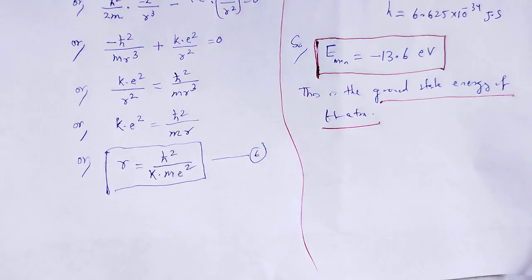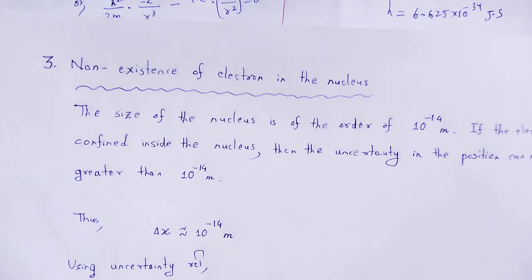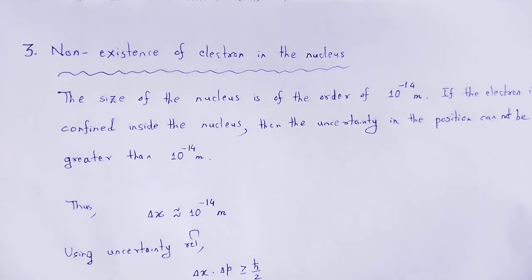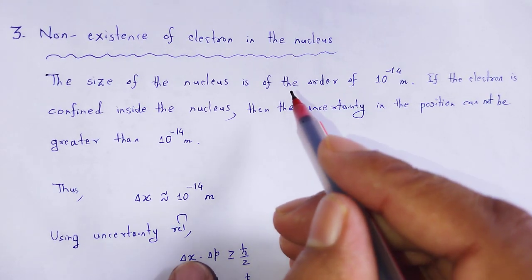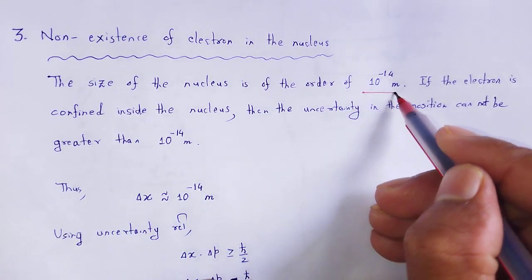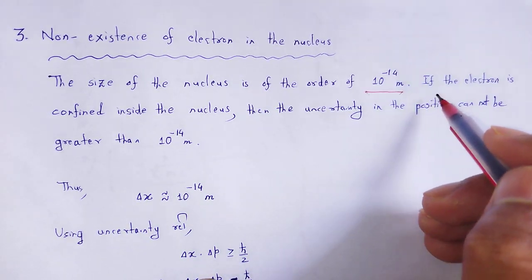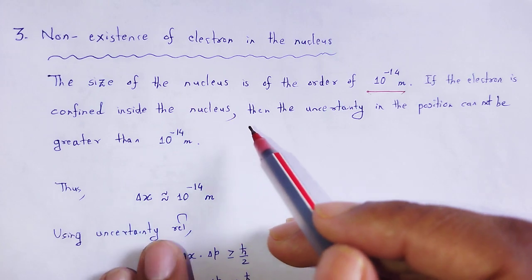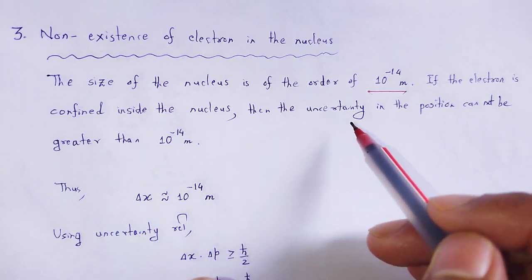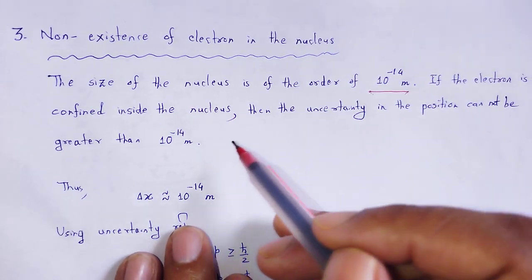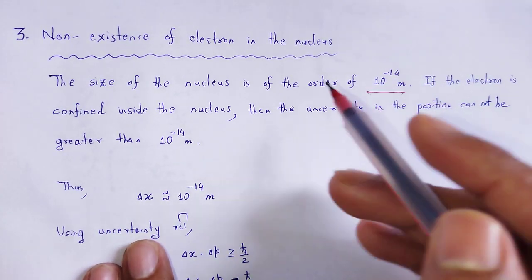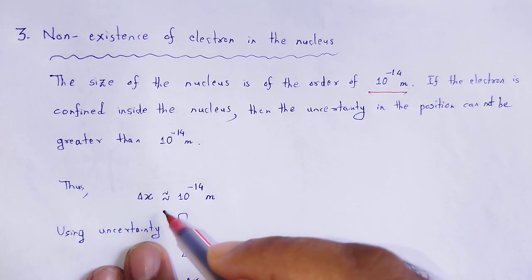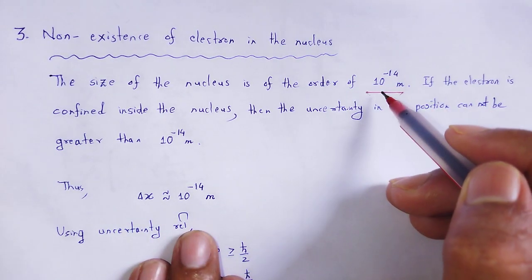Next application, non-existence of electron inside the nucleus. We know that the size of the nucleus is of the order 10 to the power minus 14 meter. If the electron is confined inside the nucleus, then the uncertainty in position cannot be greater than that order. Here we can say the uncertainty in position is nearly equal to 10 to the power minus